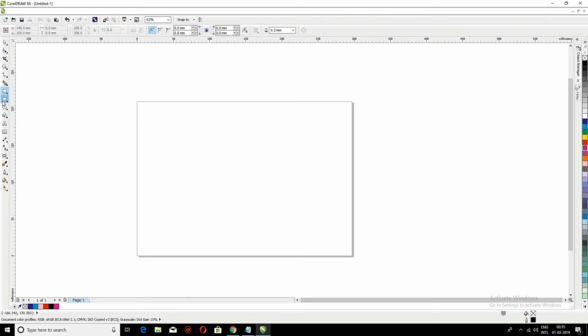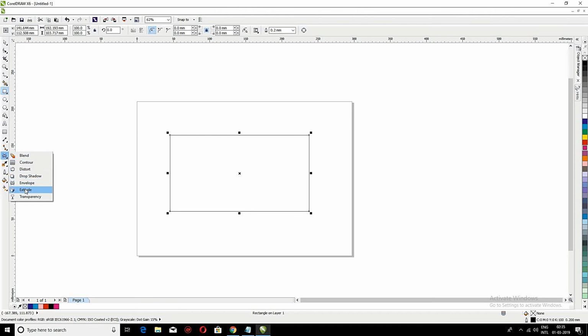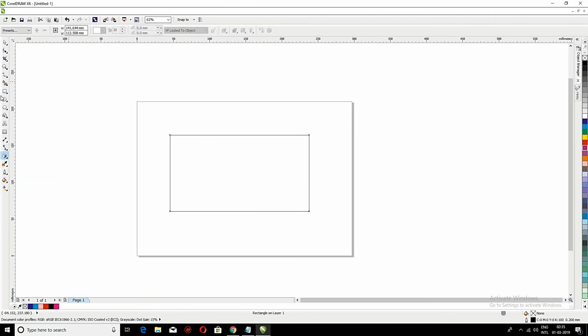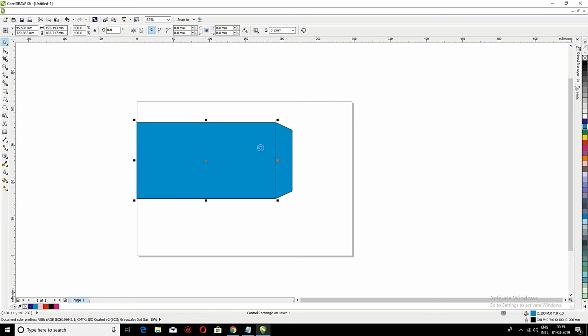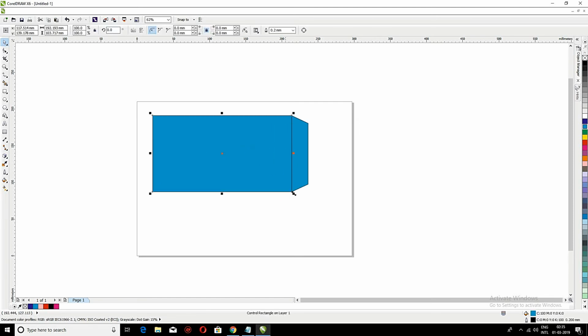So guys, the next tool is the Extrude Tool. So with the help of Extrude Tool you can add the 3D effect or look in your object. You just have to select and drag it, and you can see the outlines. You have to place it where you want the object to look 3D from, like this. So now you can see that from a simple box we've created a 3D box,